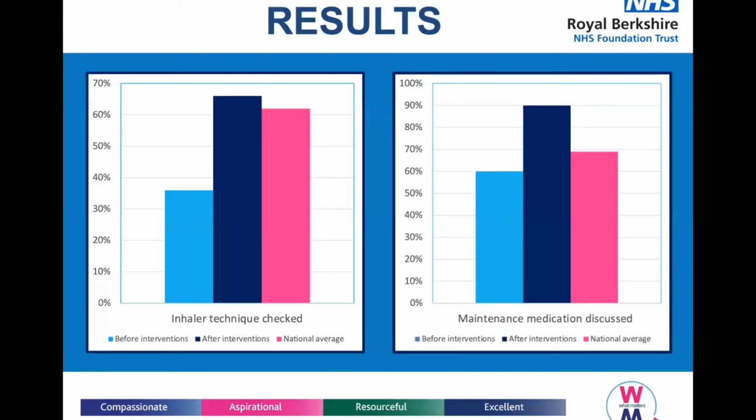So coming to the results of our audit. The light blue color indicates the results before intervention. The dark blue shows results after intervention, and the pink shows the national average. The national average data was obtained from the NACAP audit report, and it covered around 8,506 admissions in a period